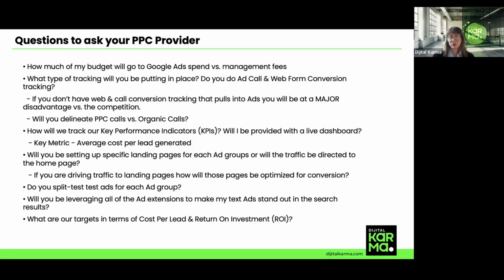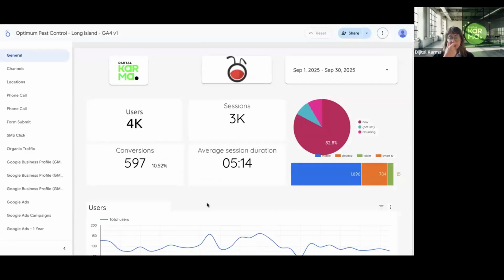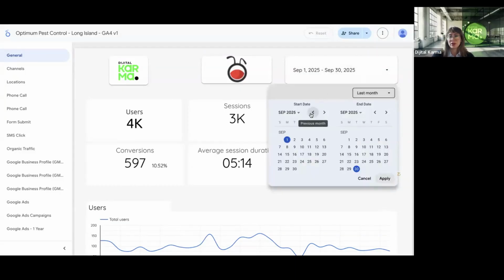So we use a dashboard like this. Let me share it. This is a dashboard we are using, actually one of the dashboards. So we can see this customer. It's a dynamic reporting system. By the way, this is Looker Studio. It's a free tool from Google, and you just need to set up all the details. If you are working with an agency, you may ask them to provide such reporting for you.